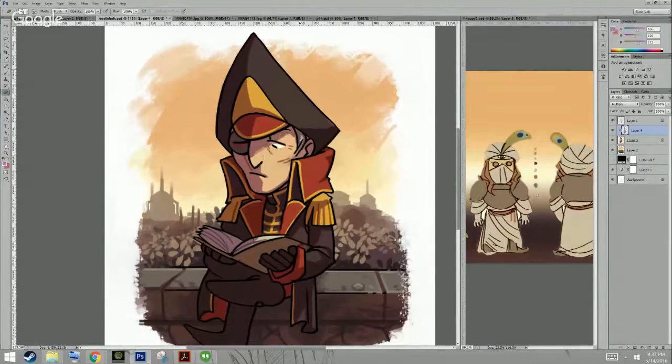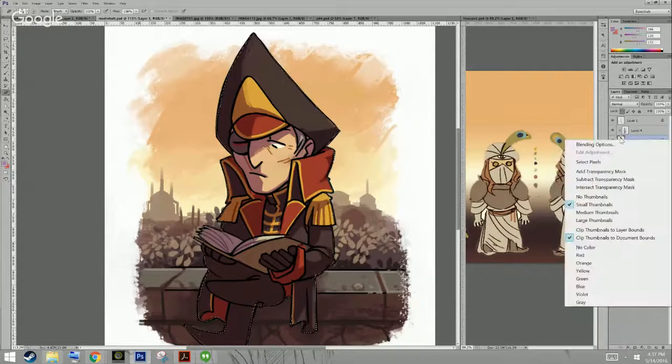So I'm going to very quickly clean up some things here. And then I'm going to take you on the next step that I tend to use whenever I'm very quickly shading something. So I'm going to select this entire layer based on its opacity, as you can see. I do that by holding down Alt and then clicking on the actual picture layer, and you'll see that little box pops up. If you don't see that pop up,